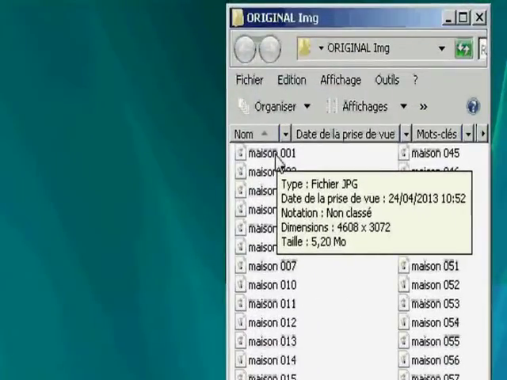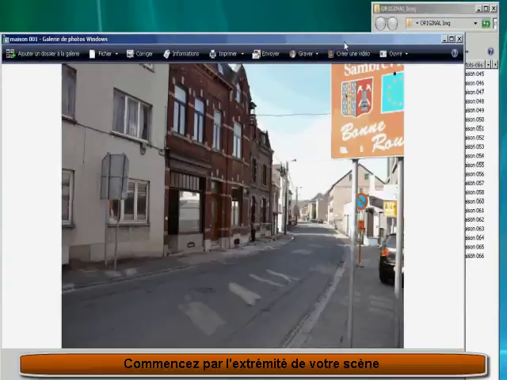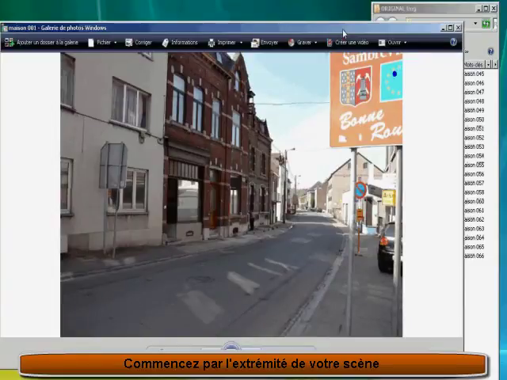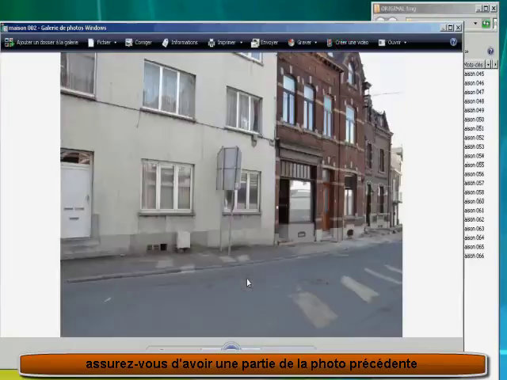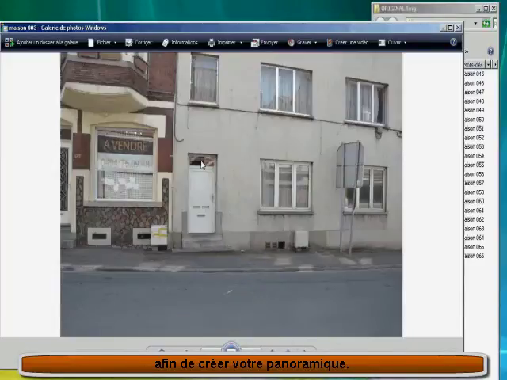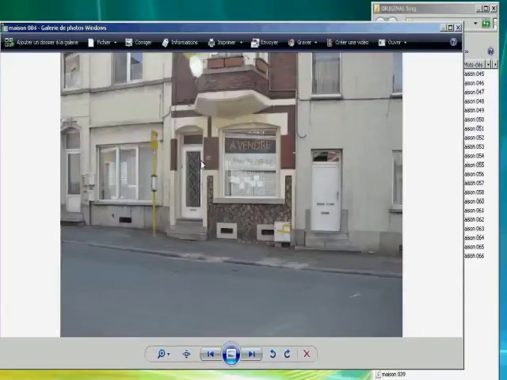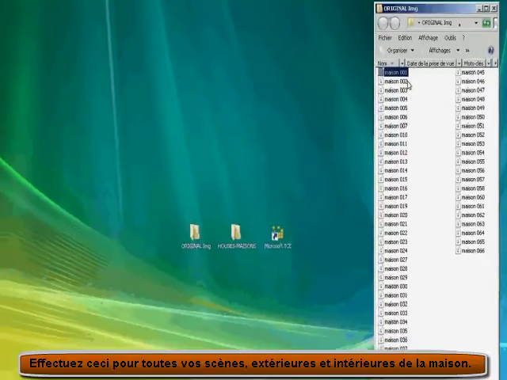I have taken many pictures of the scene. This is the first one, and you have to take some pictures round around the scene, and be sure that you have some part of the preview image to make your virtual tour. So as you can see, we have a preview part of the image. Next one, next, and next. So you do that for all your scene inside and outside the house,